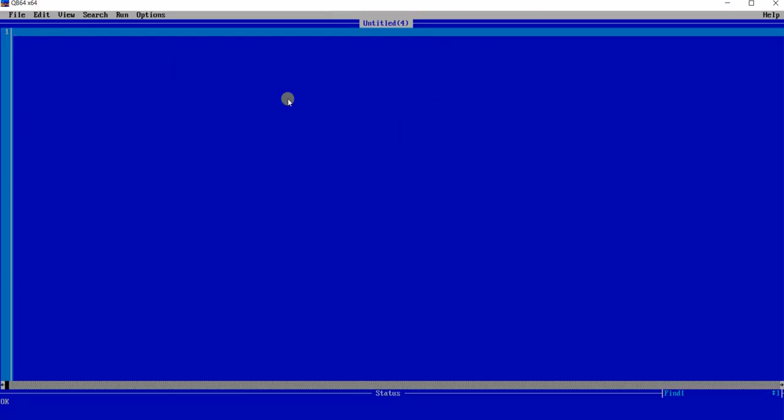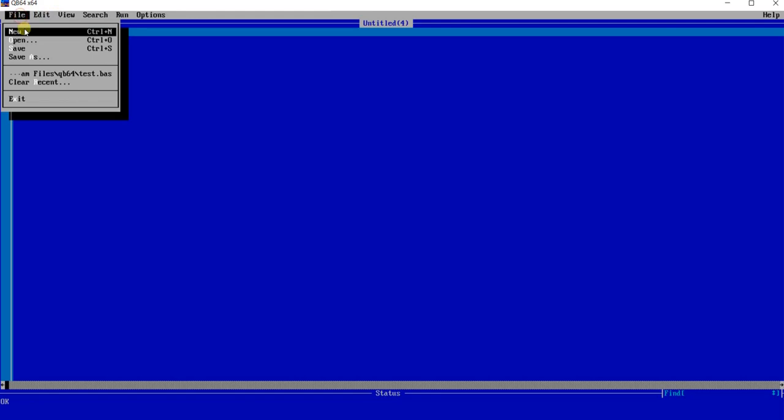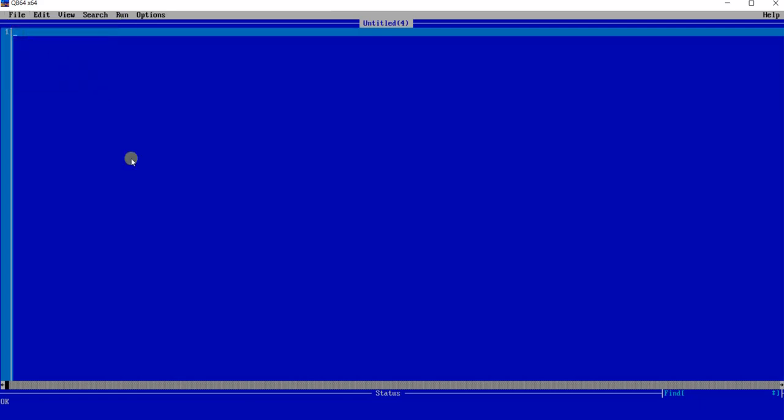This blue colored space is for writing the program. It also has a menu bar at the top, like file, edit. In the file menu, you have to click new, or new program. Generally, when you open it for the first time, it will open a new window only. But if some previously saved programs are open here, then to create a new program you have to click on file, then new.